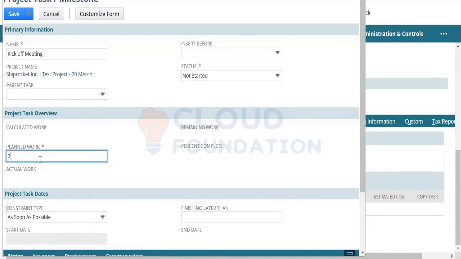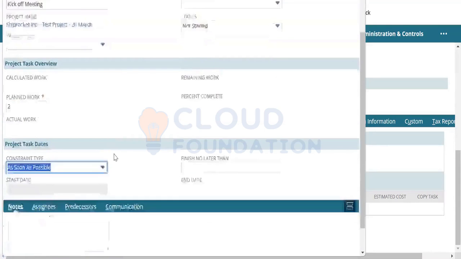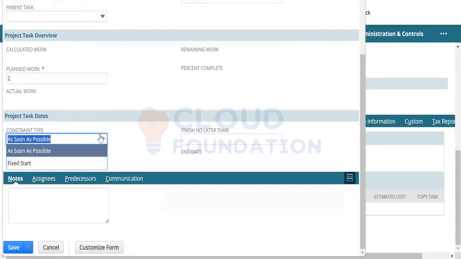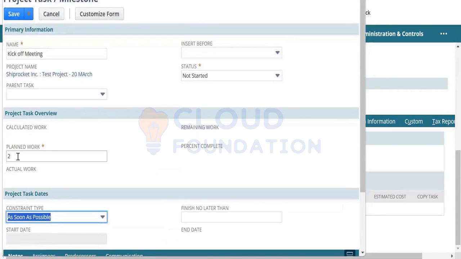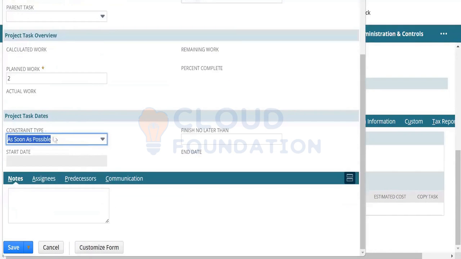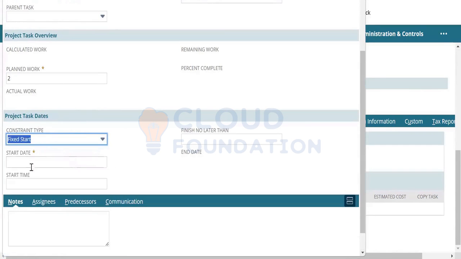Planned work is 2 hours, so is that in days, is it the effort? Planned work is in hours. It's not in days. We can select the date constraint again, either as soon as possible or fixed start. So let's say I keep the fixed start. My start date will be the